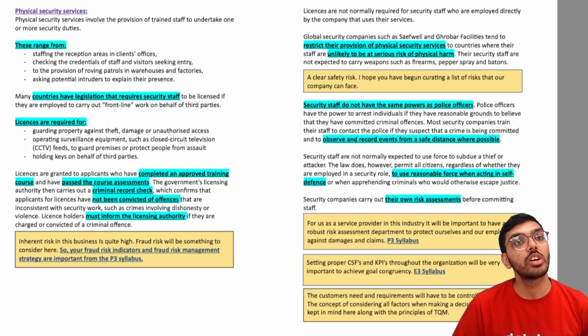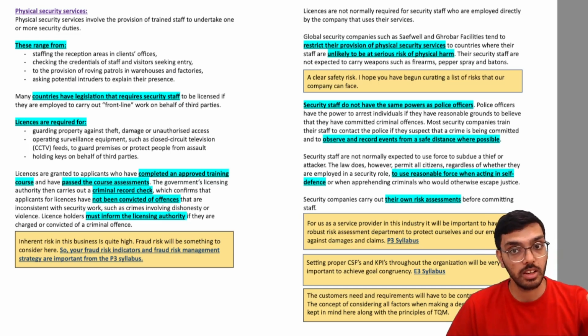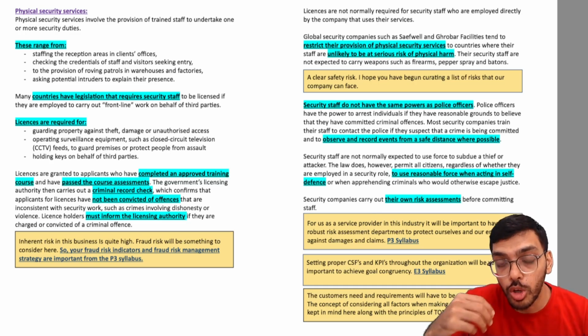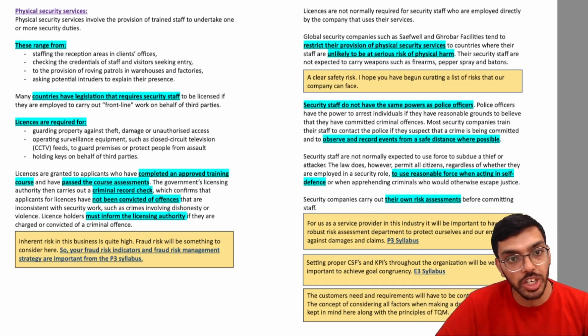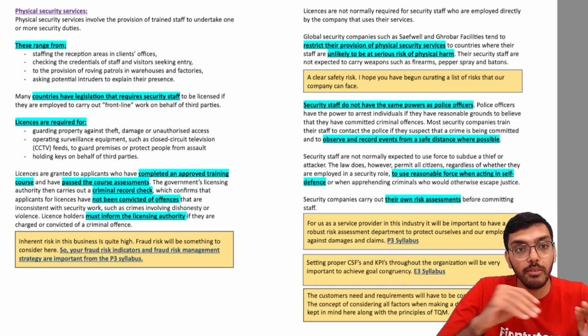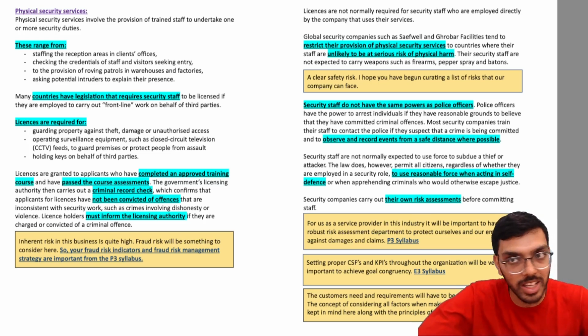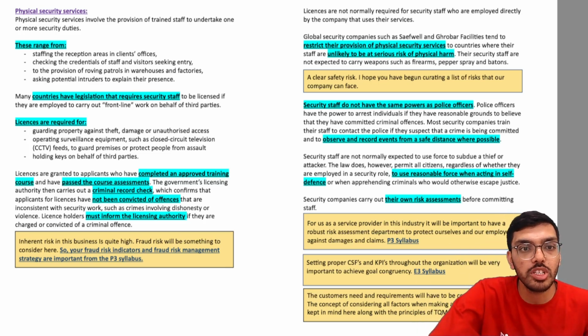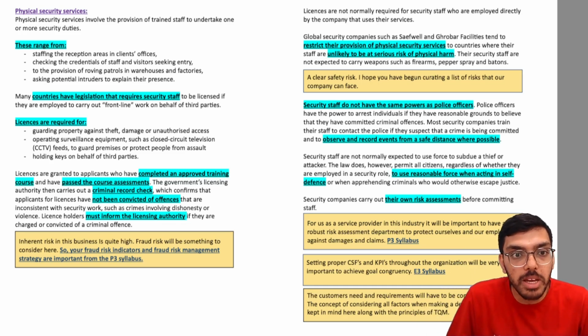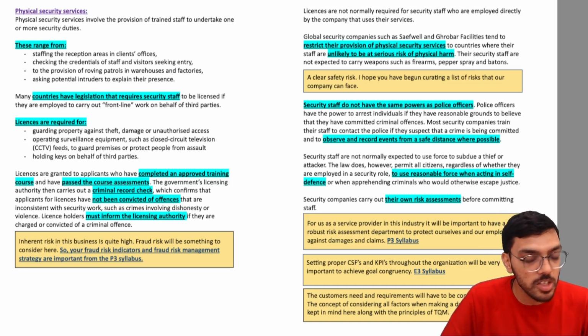So it's very natural that some staff, let's say you are such a large company, 1 or 2 or some staff, let's say 1%, 5% of your staff, you are quickly looking to hire to fulfill a security job, and that is why you don't check their credentials properly. You don't check the credentials of your newly hired security staff, and you then realize something goes wrong at that particular site, and then you realize that your staff does not have the needed license. It could be a very big risk for your company, right? So inherent risk in this business is quite high.